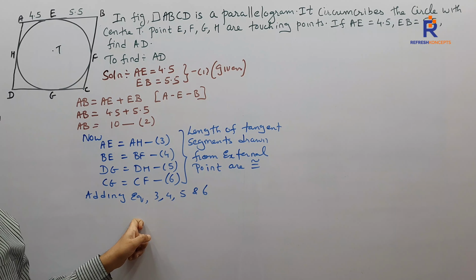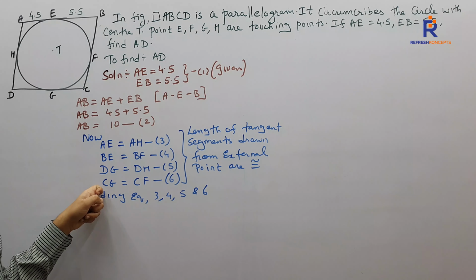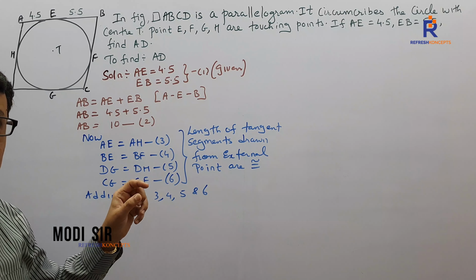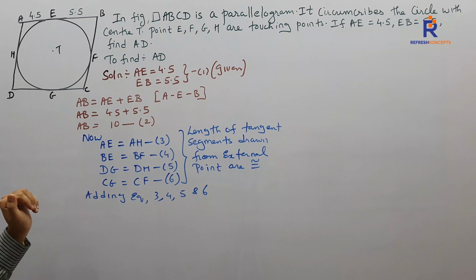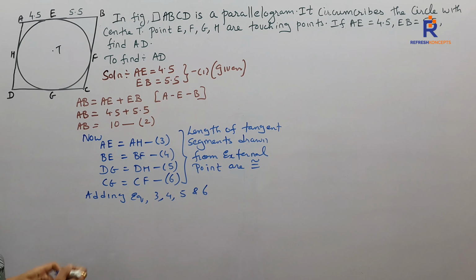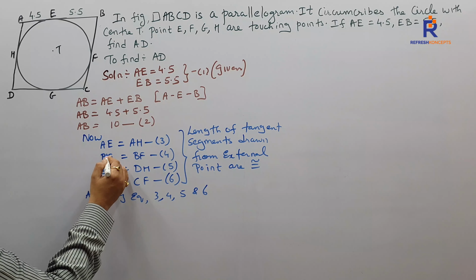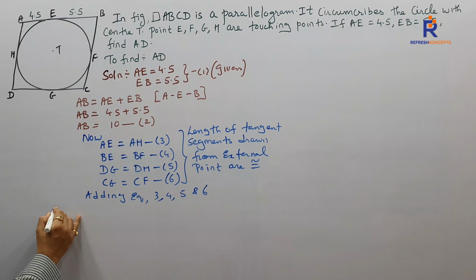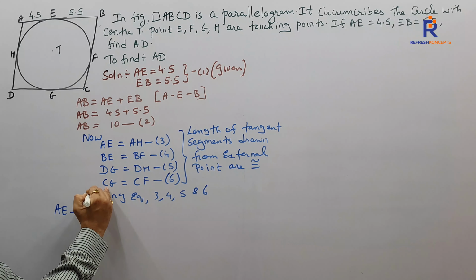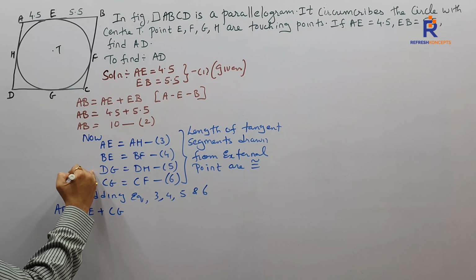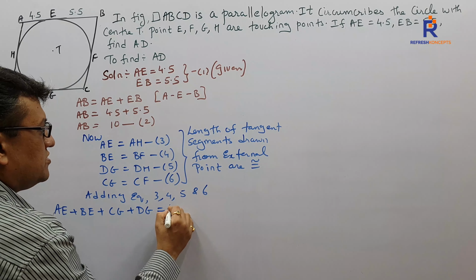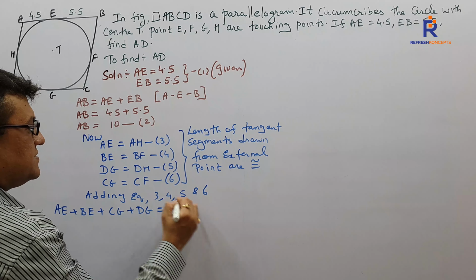So you have to be very careful in writing these 1, 2, 3, 4. Had I written down BF is equals to BE, or for that matter DH is equal to DG, I will not get it very easily, and I'll prove it right now. But let me first say adding 3, 4, 5, 6. When I add 3, 4, 5, 6, what will I have? AE plus BE plus CG plus DG is equals to AH plus, rearranging the terms,